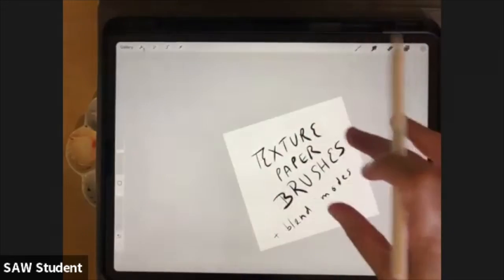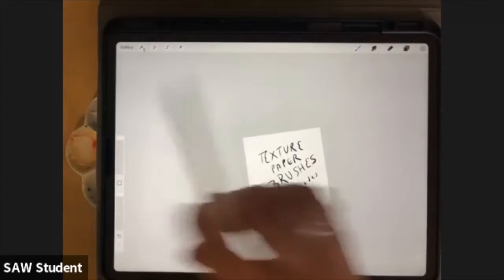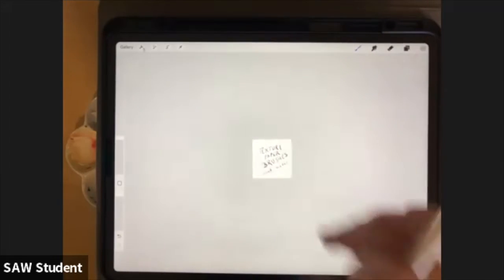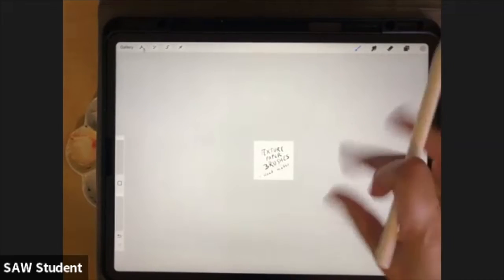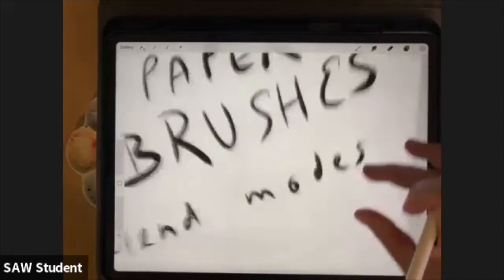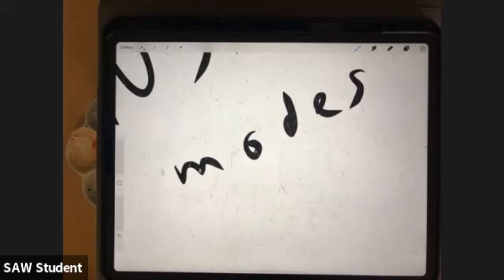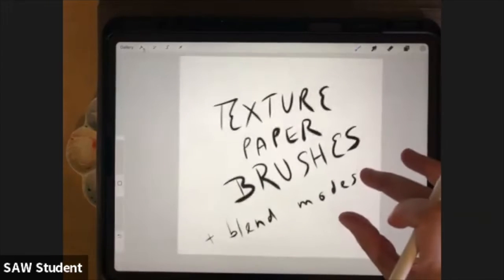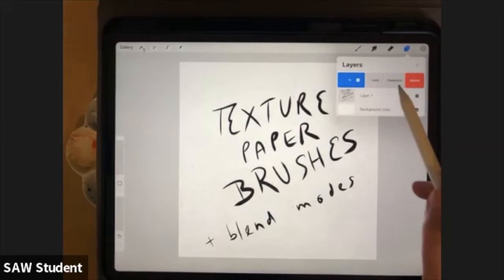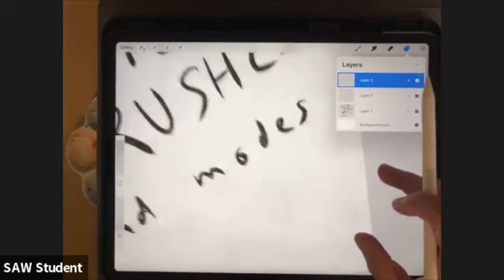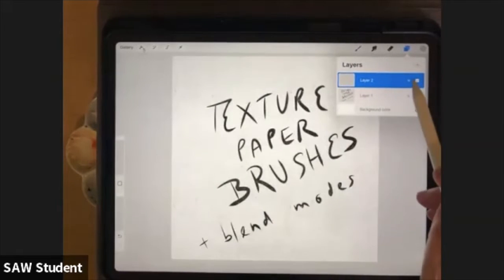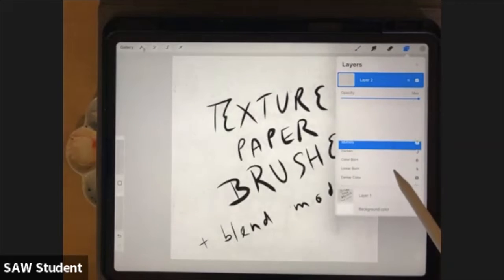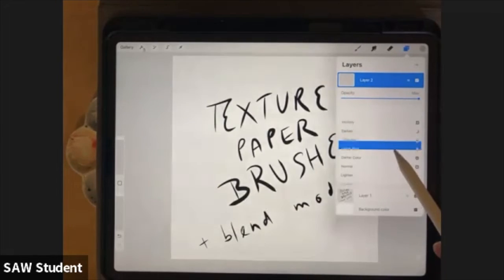But if you make the brush as big as it can go and zoom your paper way out, you can very quickly go over the whole paper with the texture. And there you've got the paper texture on it. If you want it to be stronger, you can duplicate the layer, and you can merge them together if you want. And then again, if you want, you can use the other tricks that we saw in the other papers